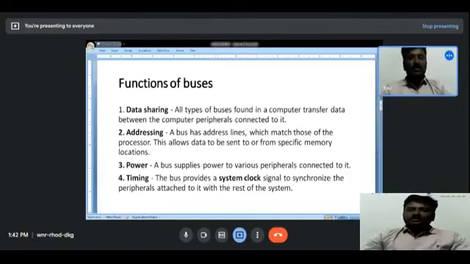The bus provides a system clock signal. So this is nothing but a control bus. The system clock signal synchronizes the peripheral devices attached to it with the rest of the computer components. Okay, so that is one of the important things. So next one,